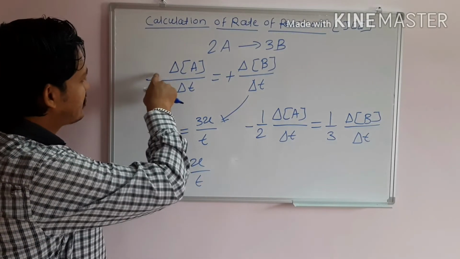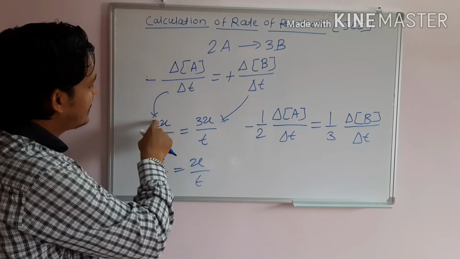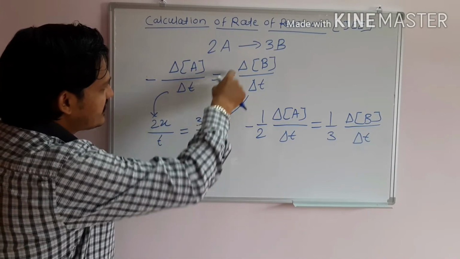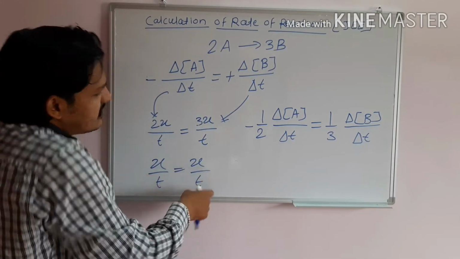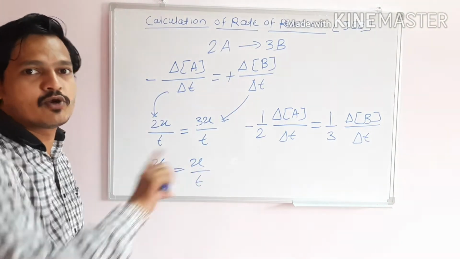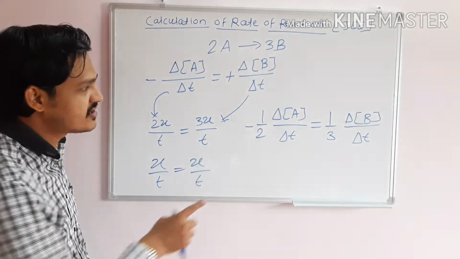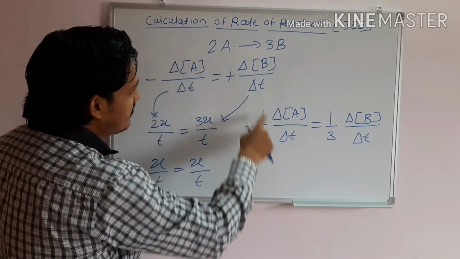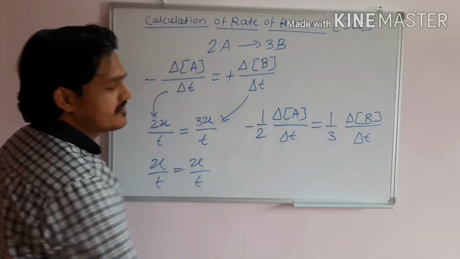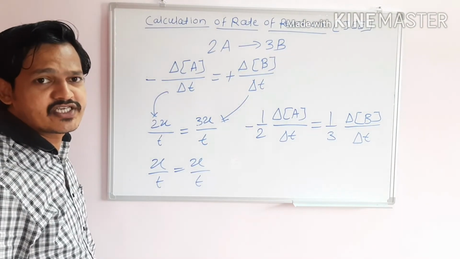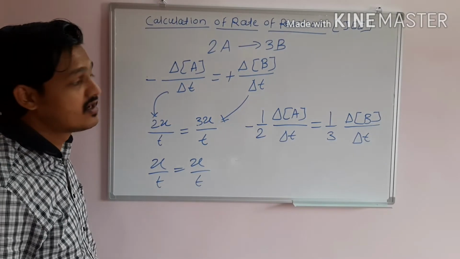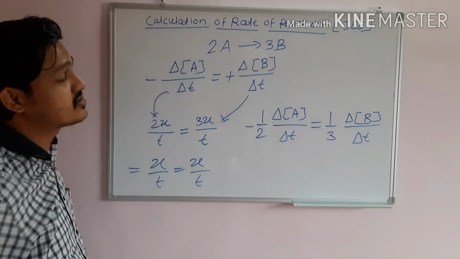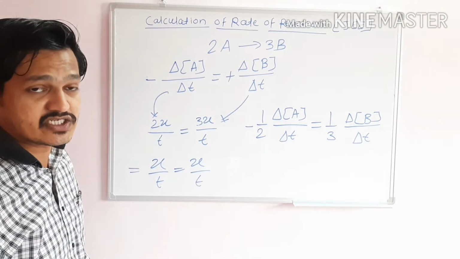Here it is. मी इथं 2 ने डिवाइड या इक्वेशनला केलं तर ते 2 ला हे 2 कॅन्सल आउट होणार. या इक्वेशनला 3 ने डिवाइड केलं म्हणजे अंश 1 आला. 3 ला हे 3 कॅन्सल आउट होणार आणि मग x/t is equal to x/t. म्हणून याच्यावर मी रूल बनवला. चेंज इन कॉन्सन्ट्रेशन ऑफ स्पेसीज डिवाइडेड बाय स्टोइचियोमेट्रिक कोएफिशिएंट. याचा स्टोइचियोमेट्रिक कोएफिशिएंट 2 आहे, याचा 3 आहे. Okay. Change in concentration of species divided by stoichiometric coefficient. This is how to write the calculation of rate of chemical reaction.